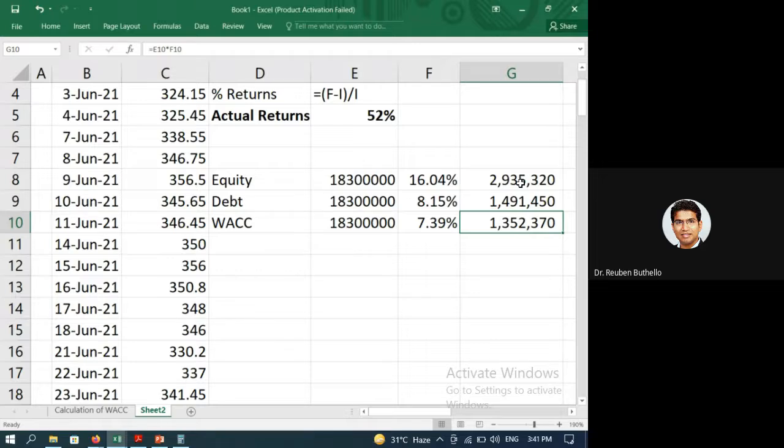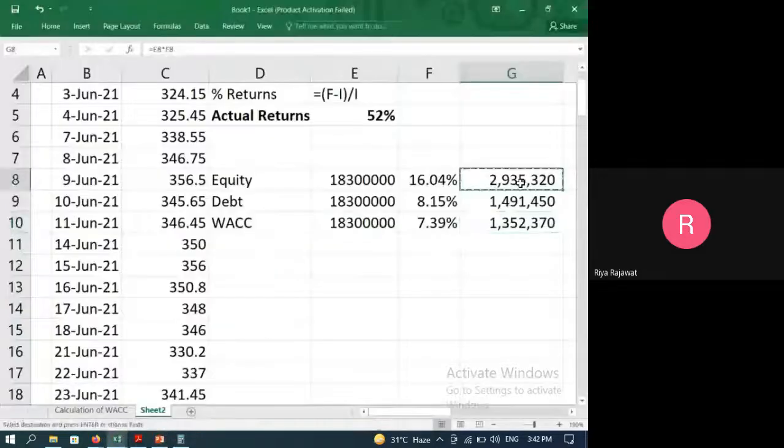More importantly, no bank would allow me to take the entire money from the bank itself. They will not allow me to take 1 crore 83. They will only give me 1 crore 50. They'll say manage the 30 yourself. So then I'm stuck. That is why companies go to the equity markets to pick up some amount of equity. Then they go to the debt market to pick up a lot more debt so that they get a very good interest rate and their outgoing per month reduces the most. Can you see how this works? Seen the benefit?